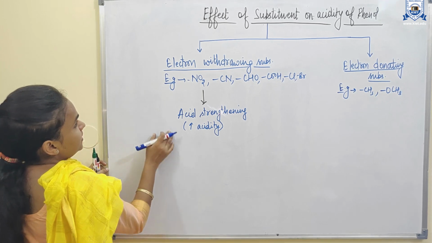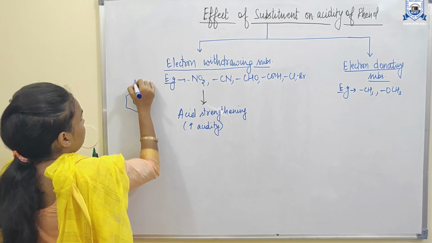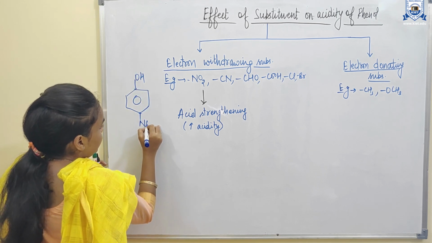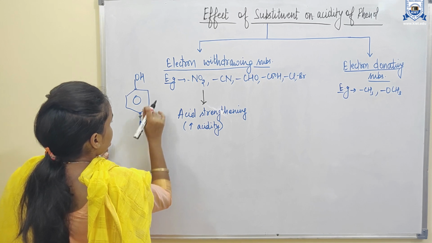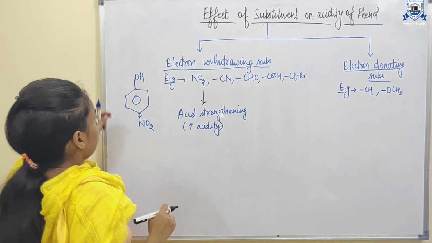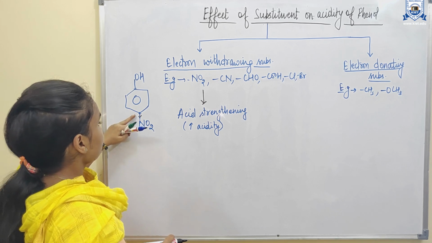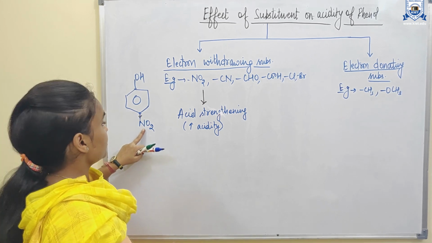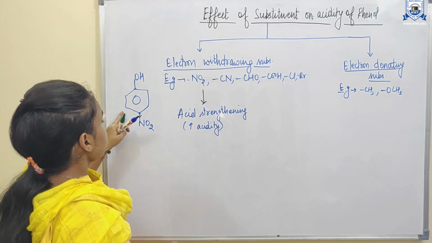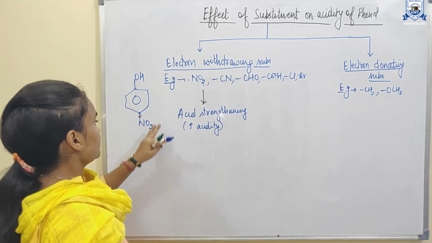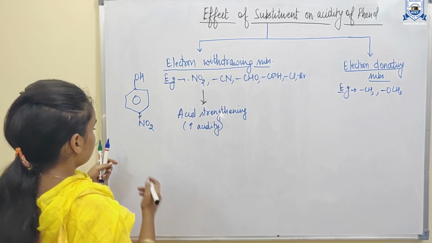An example of an electron withdrawing substituent is nitrophenol, with the nitro group at para position. Since the nitro group is an electron withdrawing group, it withdraws the electron from the ring. In the phenoxide ion, the negative charge will delocalize at ortho and para position, but due to the presence of an electron withdrawing group at para position, it stabilizes the negative charge on the ring, thus increasing the acidity of the phenoxide ion. So now let's see the various resonating structures of this.